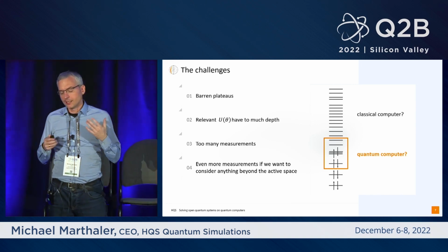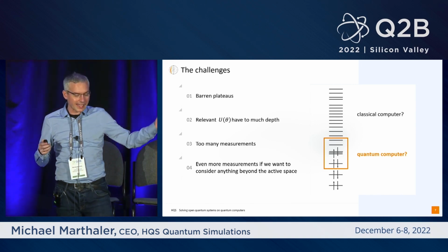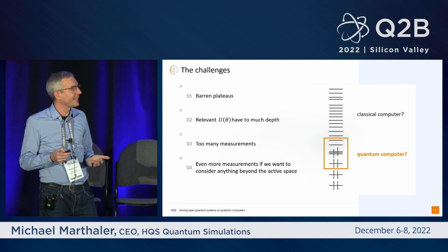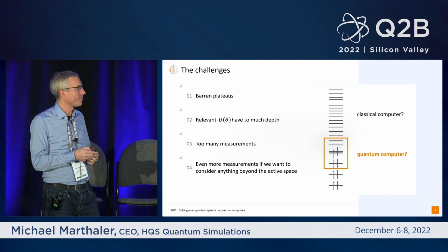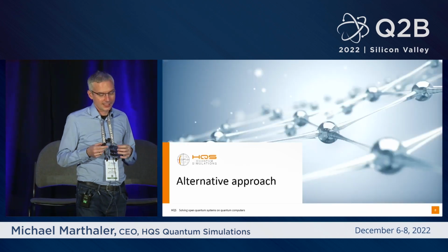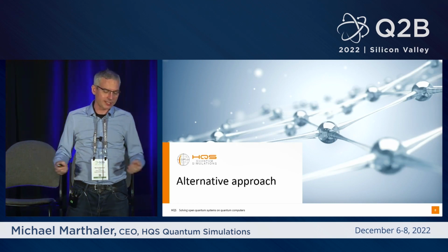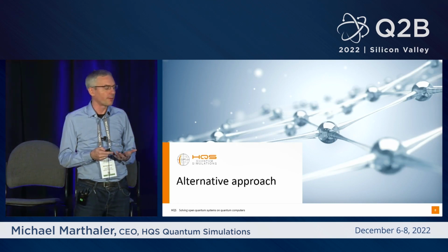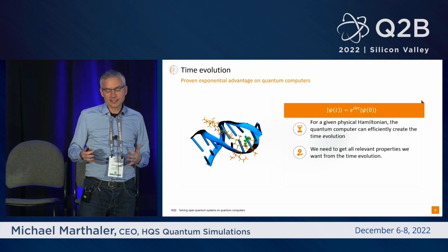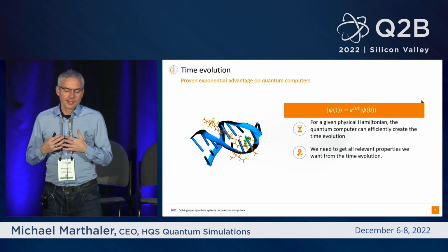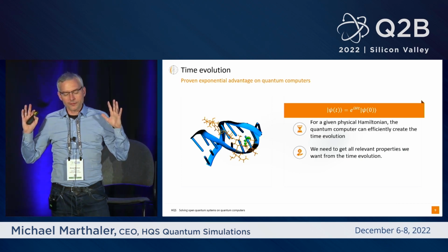So that said, of course, they are nice. We also sometimes use them. And what's really missing is an alternative approach. And so that's what this is about: an alternative approach to solving quantum mechanical problems. And to think about this, let's first make a step back and say,